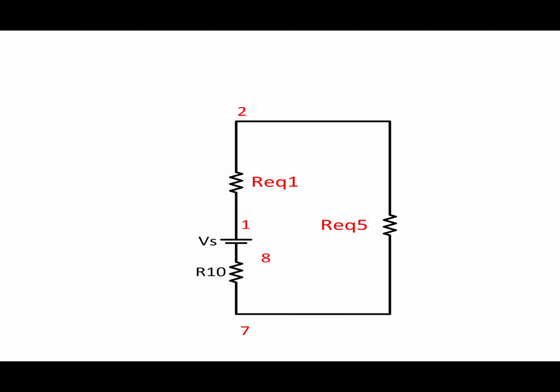Redraw the circuit. So you have R equivalent 1, R equivalent 5, and R10 connected, all of them in series. And this way you simplify the circuit,